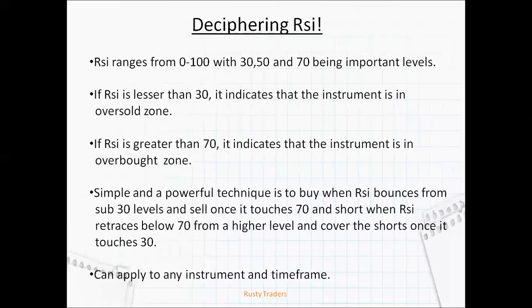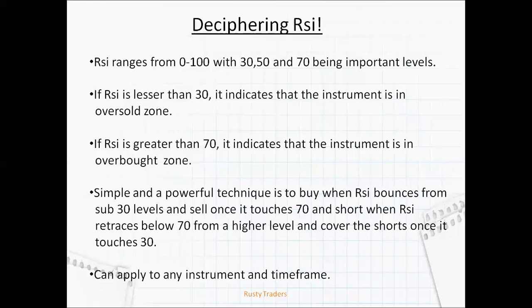You do not initiate when it was coming from 65 to 30. You do not enter there. You have to allow it to go down, which is below 30. And once it retraces above 30, that is when you enter your buy position. And generally, all the positional traders wait for it to go to 70, and that is where they close it. Mind you, it is not necessary for you to do that, but a lot of traders close it at 40, 45, 50 based on their trading strategy.